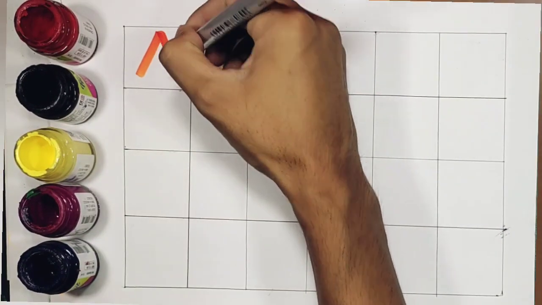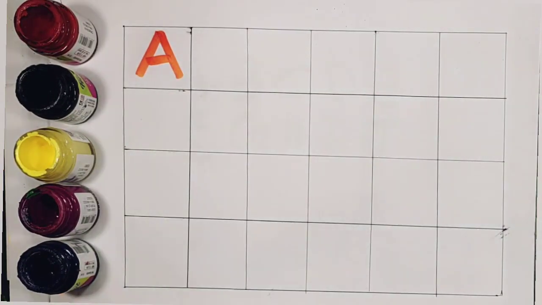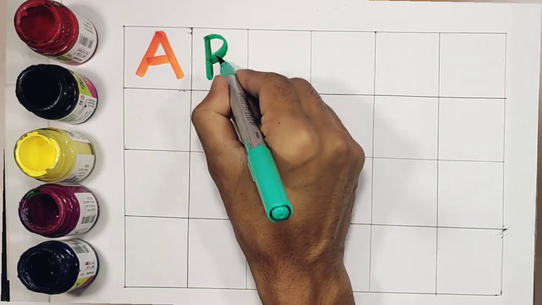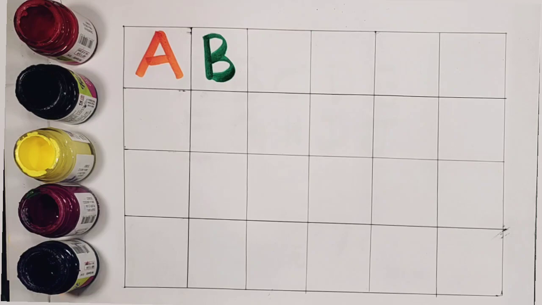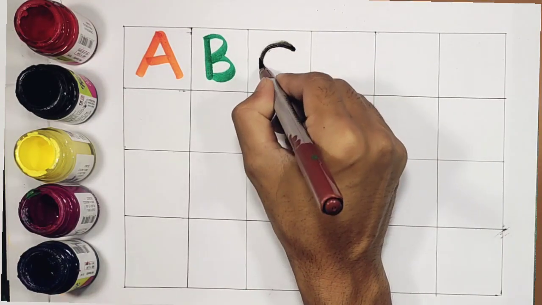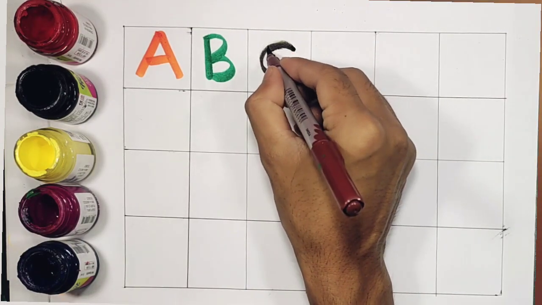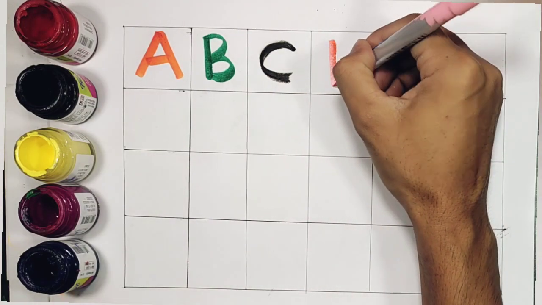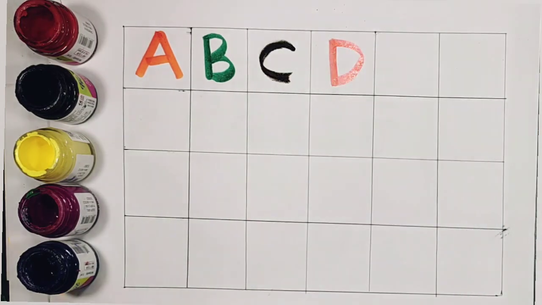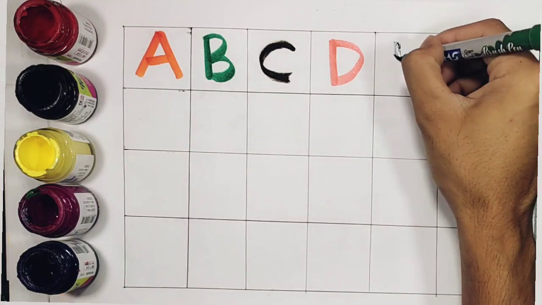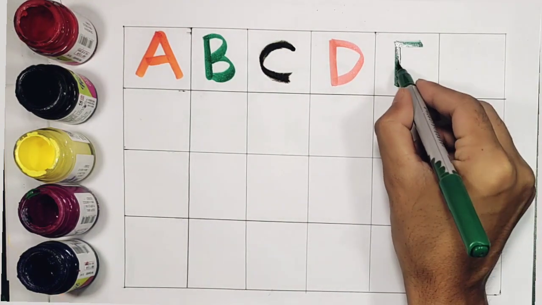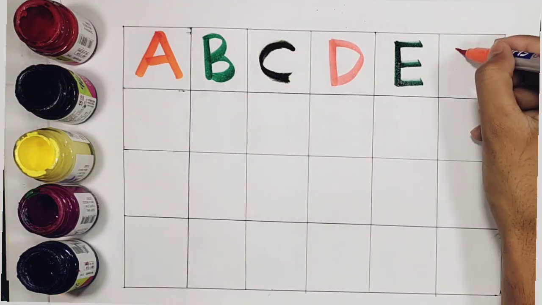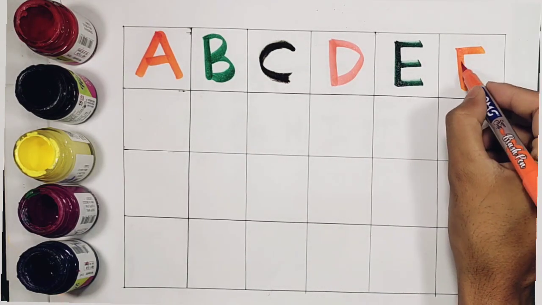A for apple, B for ball, C for cat, D for dog, E for elephant, F for fish,